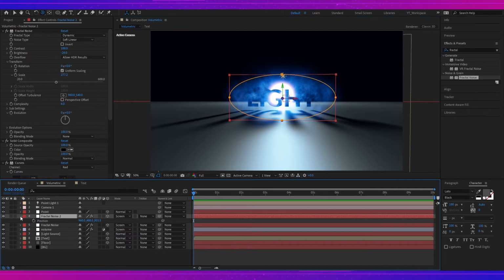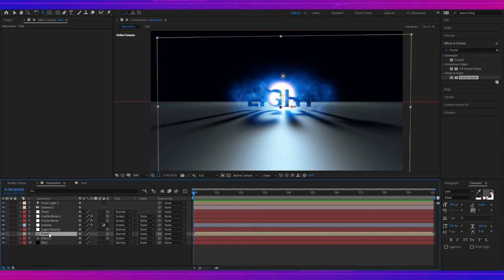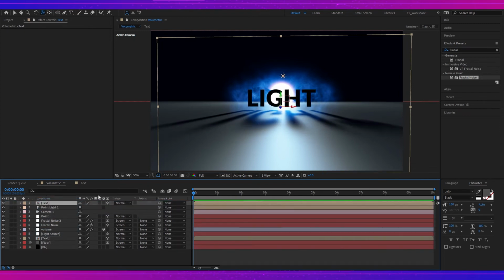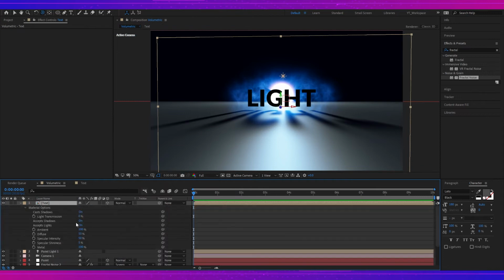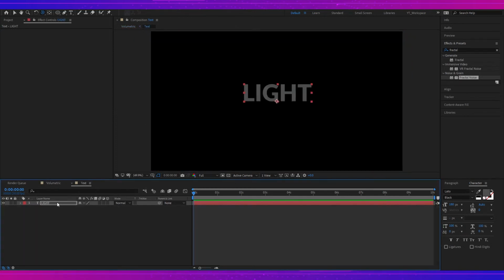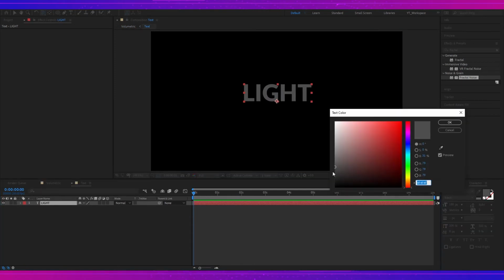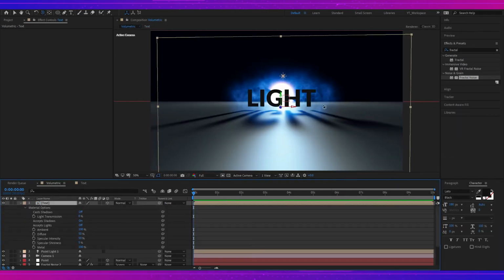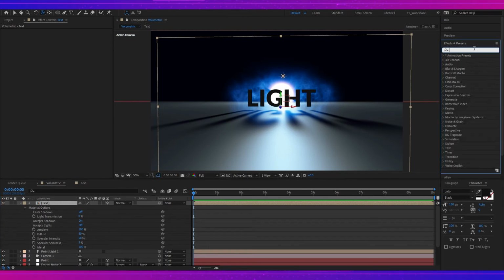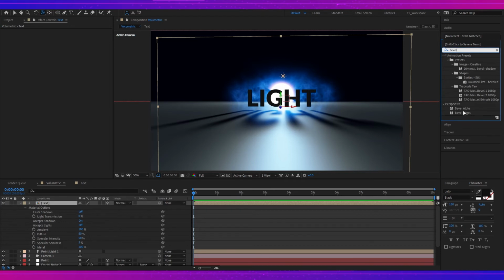So let's just duplicate the text and put it above the lighting, and now press AA. Don't cast shadow, don't accept light, and just make it a little bit more darker. It looks good. Now one thing we have to do, we have to add a bevel alpha in it,